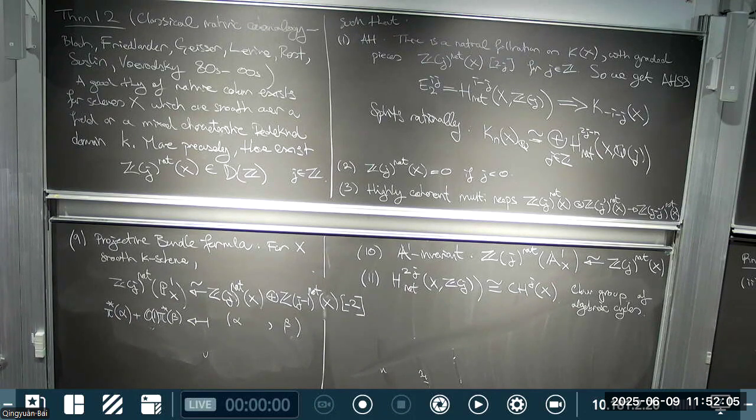Yes, but it will take us far afield, and we're not going to need it. And is this always a perfect complex? No. I mean, it's just a complex of Z-modules. It's just asking whether those are bounded in both directions. And it's always bounded cohomologically above. The question of whether it's bounded cohomologically below would follow from the Beilinson-Soulé vanishing conjecture, but it is wide open. I can't see another way to put that bound below.